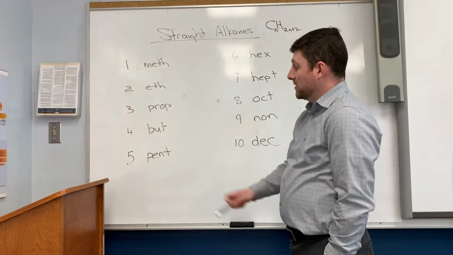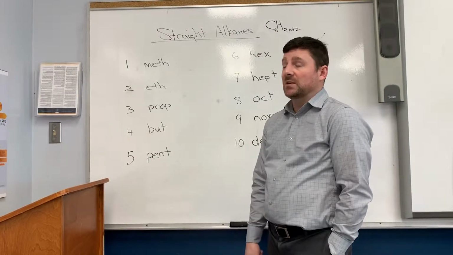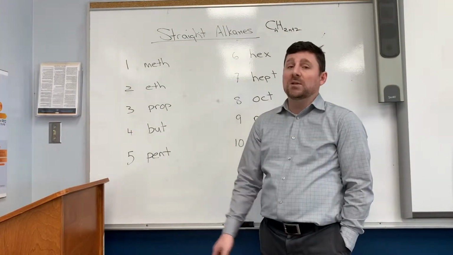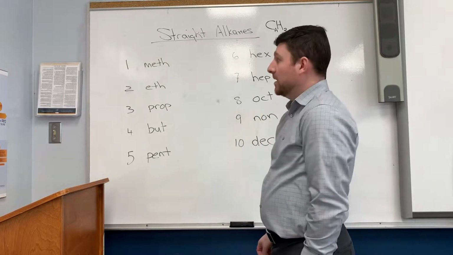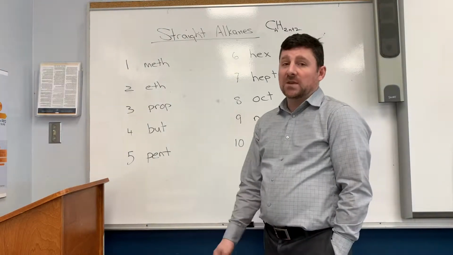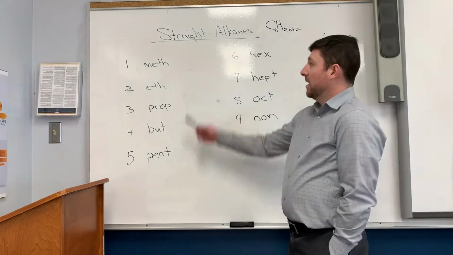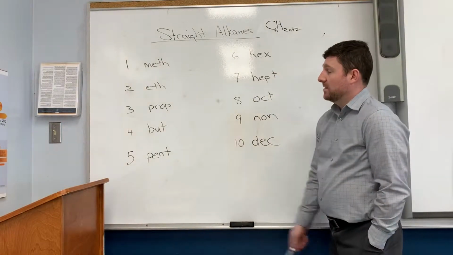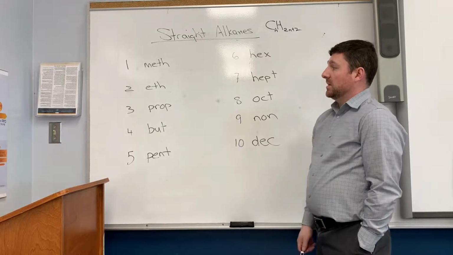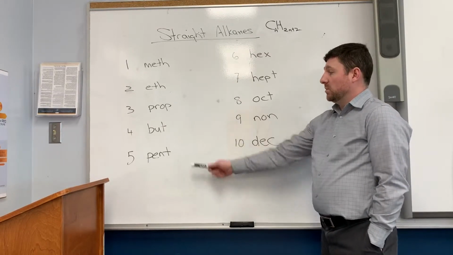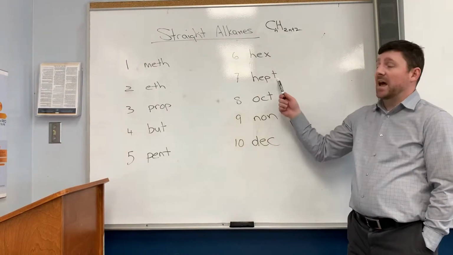The system we're going to start with is prefixes in order to tell you how many carbons are in the chain. We're only going to be dealing with chains up to a length of 10. So here are the first 10 prefixes. 1 is meth, 2 is eth, 3 is prop, 4 is but, 5 is pent, 6 is hex, 7